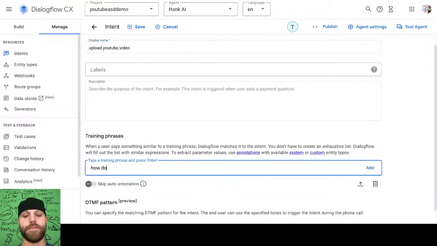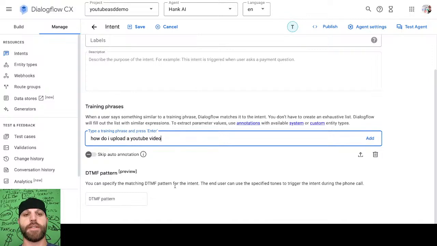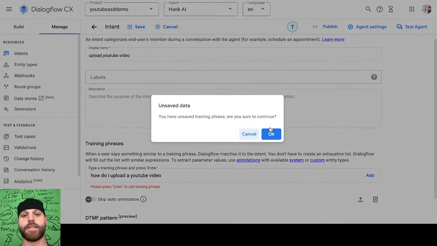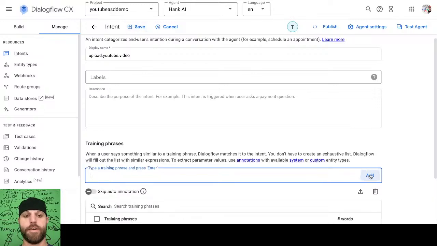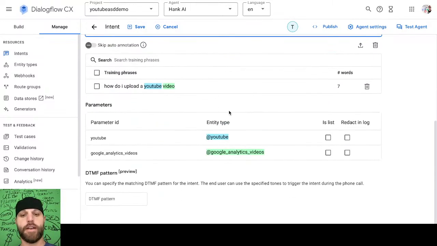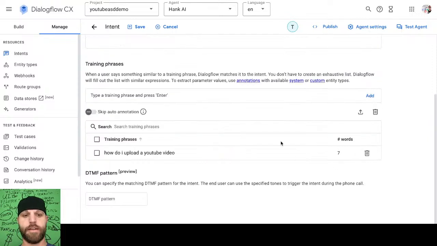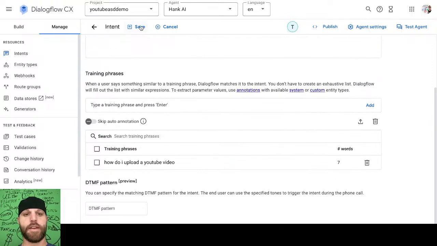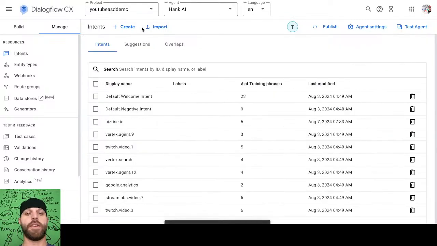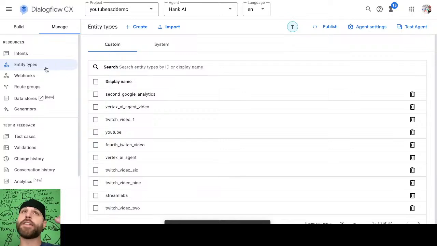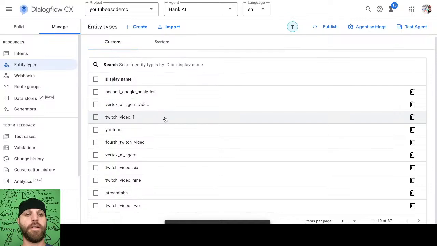Okay, I'll say how do I upload. It should be like a normal question somebody's asked. Always click save. Add it first. And always click save. We don't add in the log yet. Okay, so we're just going to click save. Don't want any examples. We just want how to upload it. Got to give it that entity, right? Like I've got to identify that I'm trying to upload a video.